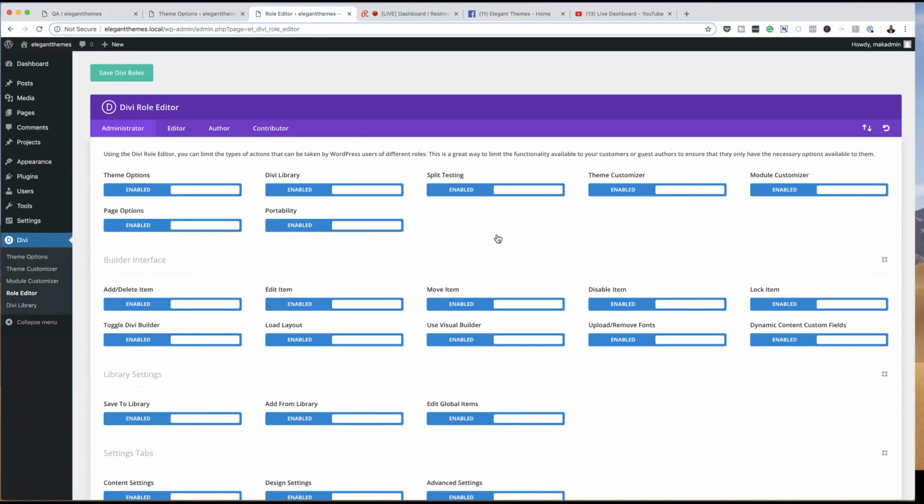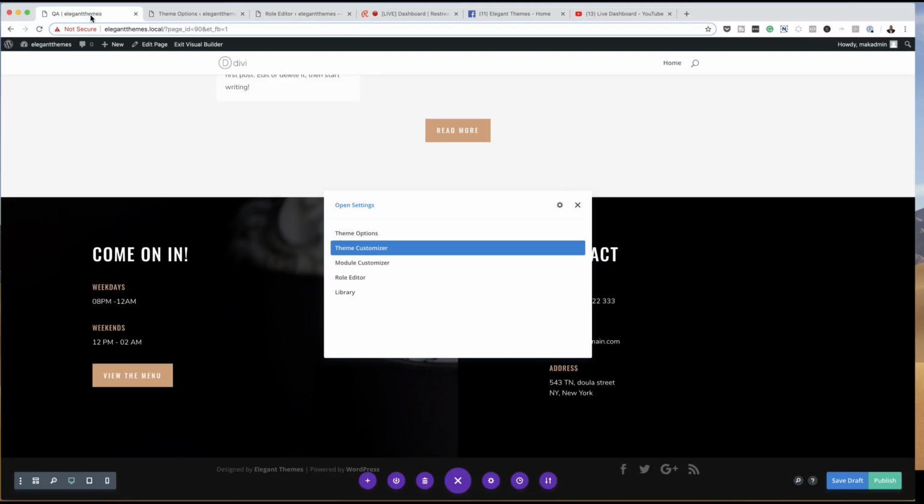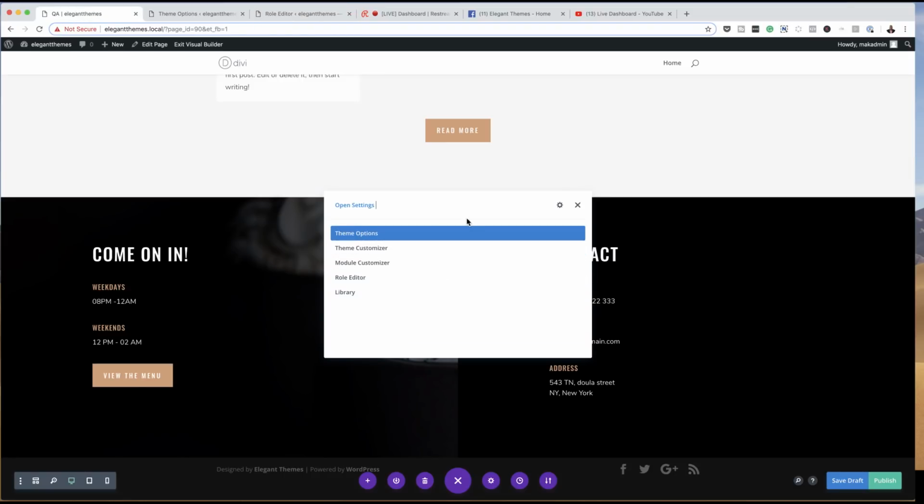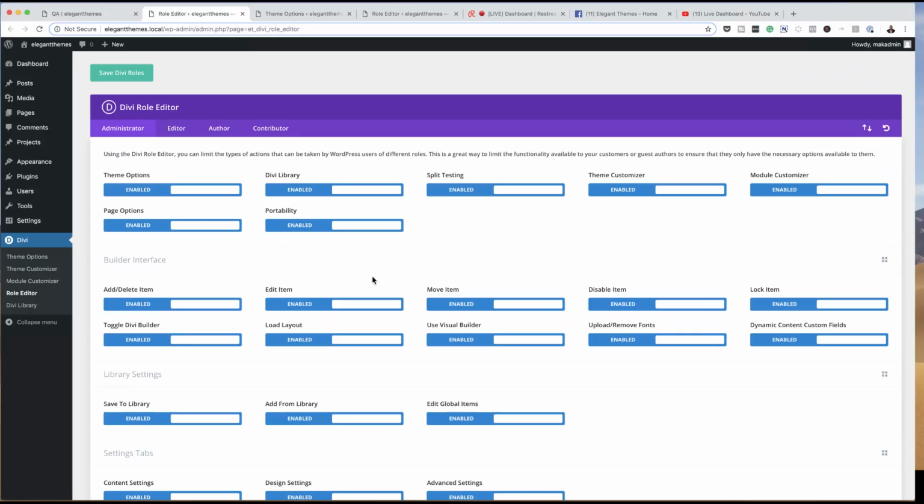Okay, so that's quite a lot of steps for us to get from where we're working straight over here to the role editor. Whereas if you come over here, straight away you just open up your quick actions, and then straight away click on role editor. It opens in a new tab, and boom, you're there. Just two steps, and you're exactly where you need to be. Now,